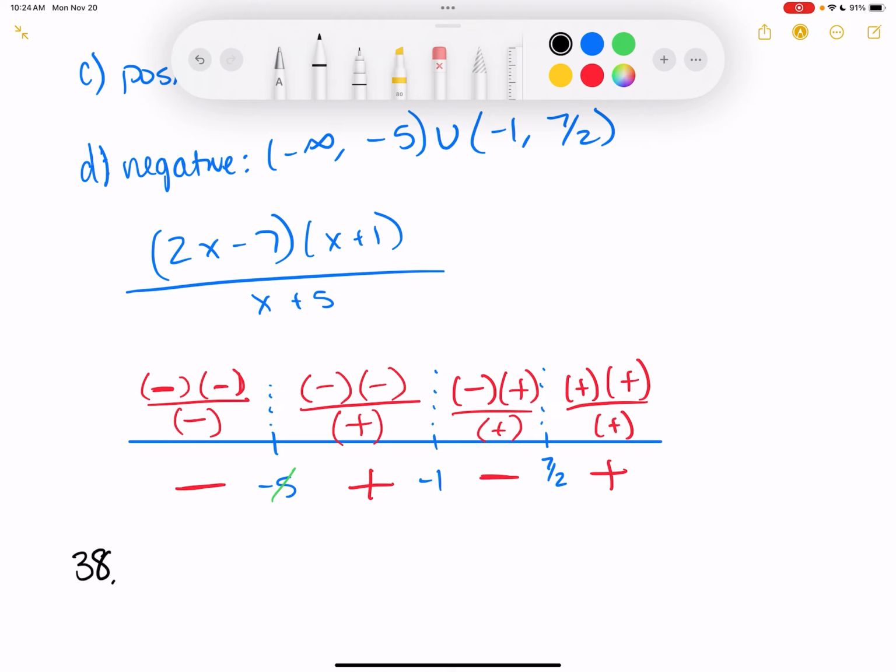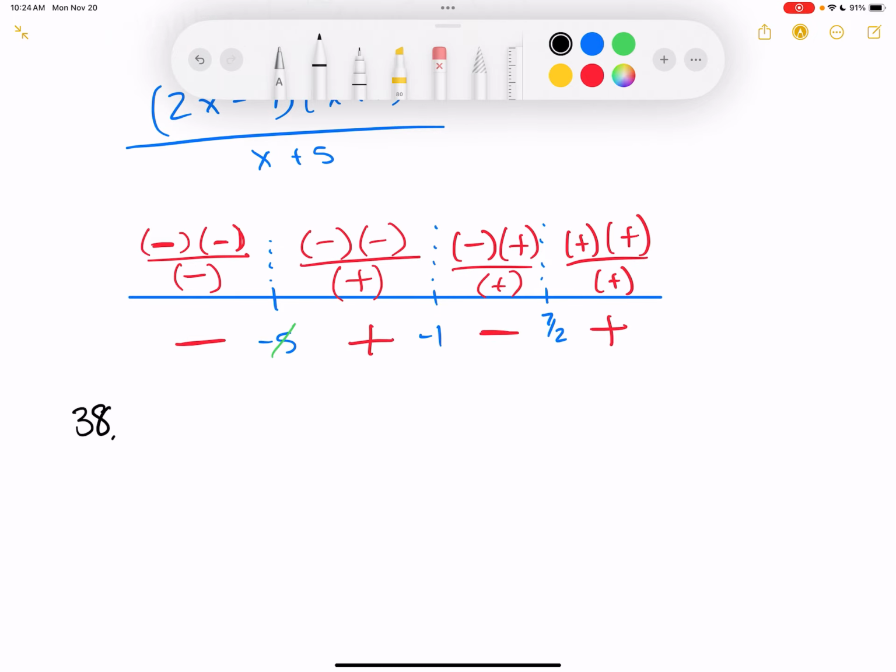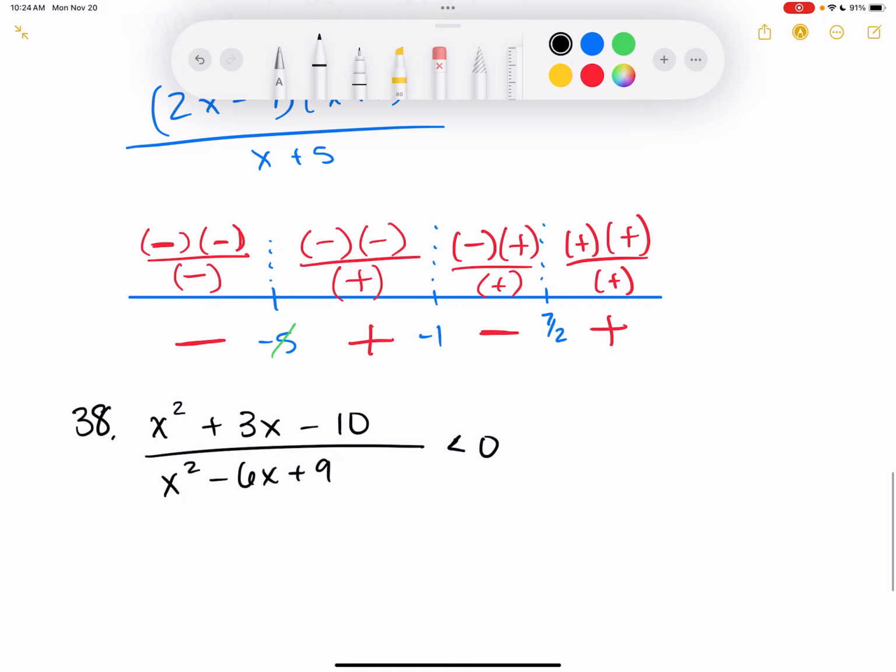Number 38: x squared plus 3x minus 10 divided by x squared minus 6x plus 9 is less than 0. I skipped one that I was going to do, but that's fine. If we need to see another one, I'll go back and do it when we're done. All right, so this one,